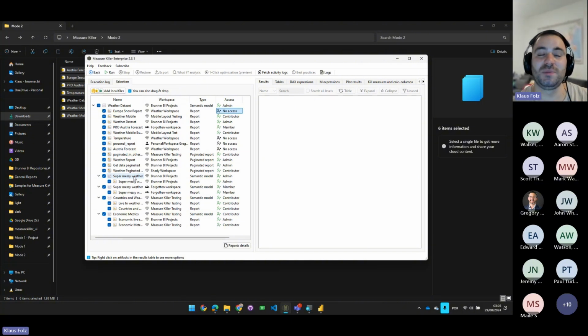It's not only a report, it's not only a live report connected to the semantic model, but a whole new model connected to it, and you can add new sources, so it gets very complicated. And that's one of the features that only exists in the premium versions of Measure Killer,